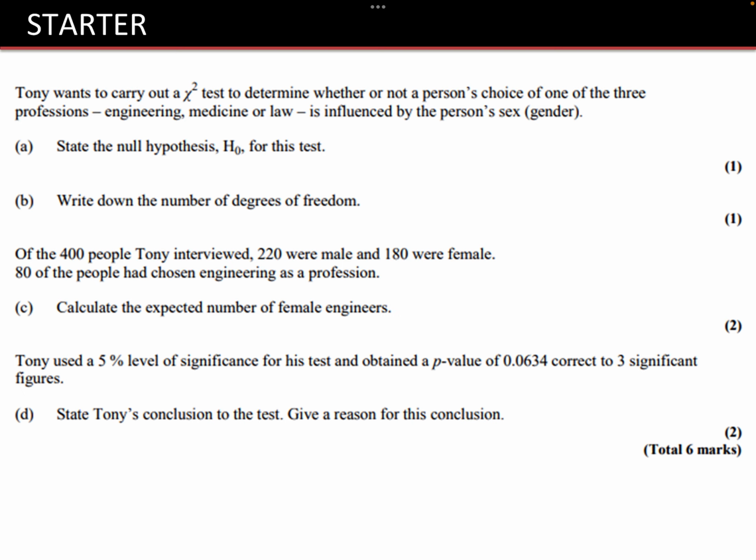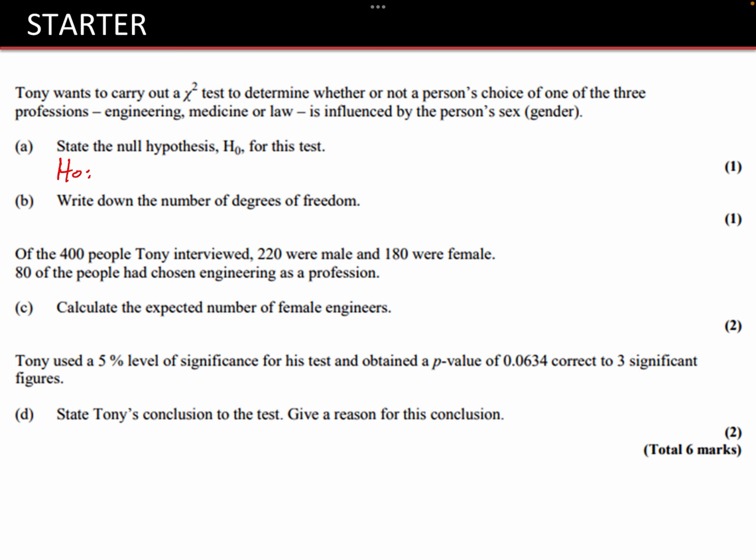Okay, so let's look at this example here. It says that Tony wants to carry out a chi-square test to determine whether a person's choice of one of the three professions, engineering, medicine, or law, is influenced by the person's sex, gender. So we're going to write the null hypothesis for this one. If you remember this, the null hypothesis is we always assume that the two variables, which is the choice of profession and the gender,